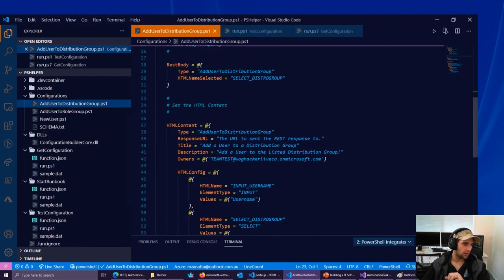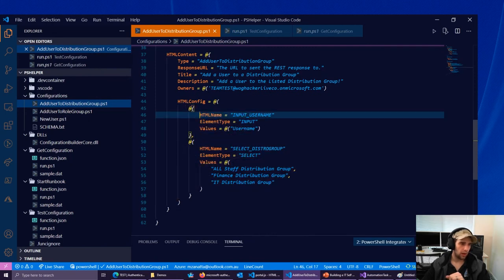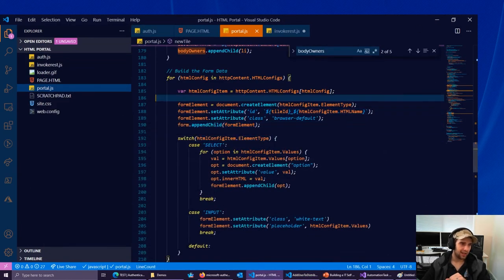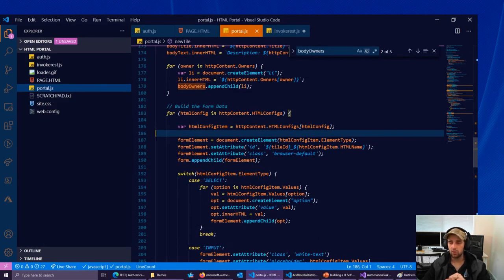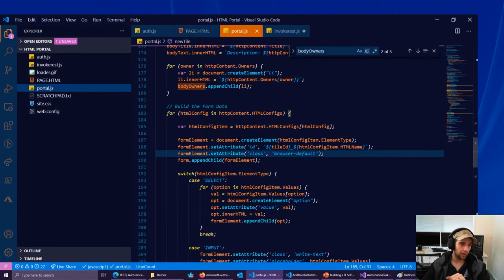you can see we can have multiple configuration items that can be rendered. So you can have a username, and we can have a value for that. What that means is that we need to render each of those items within the form. So we're going through each of those specific items and creating that. You can see within here we have our element type. All that information is provided in the configuration, and it'll just go ahead and dynamically create it based on that. So the element type,